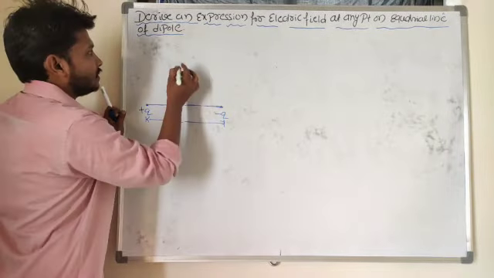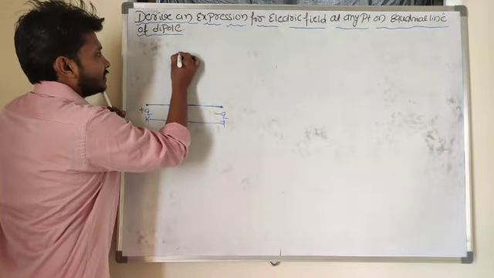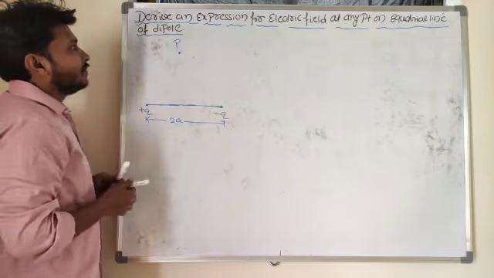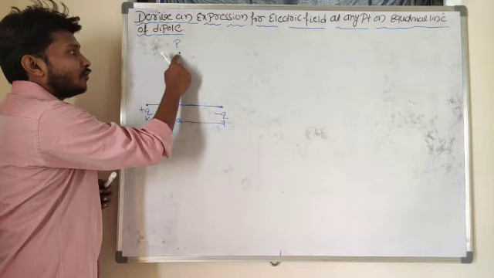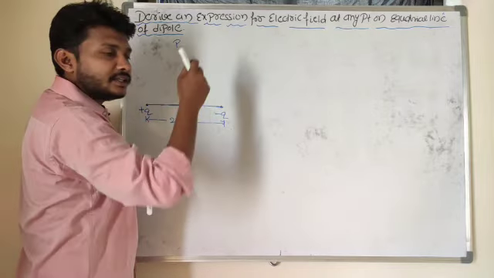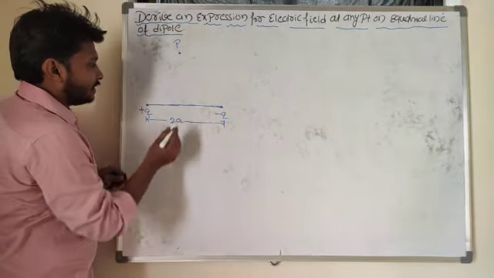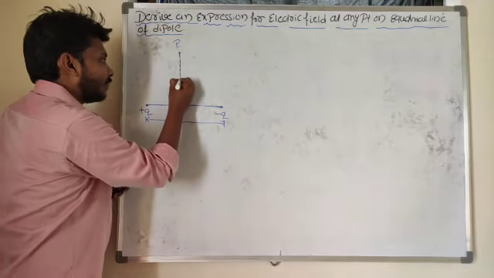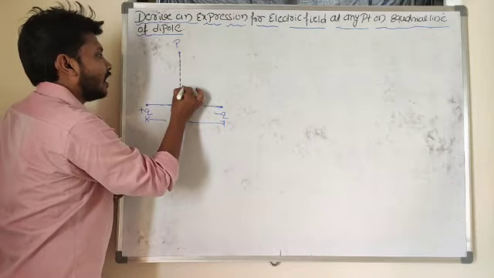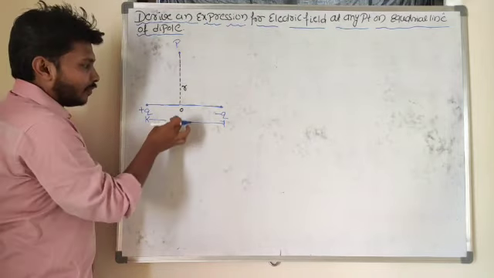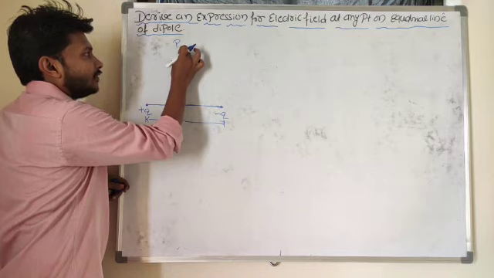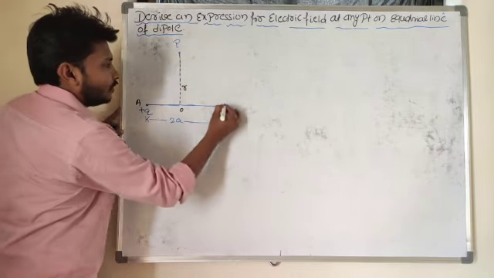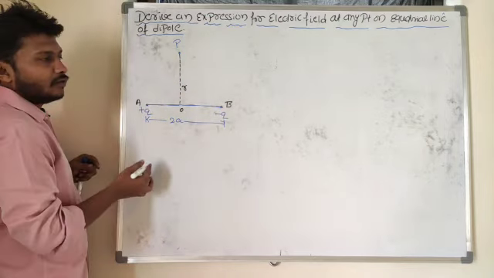So now I will choose that point on the equatorial line I said. Let P be a point of observation on the equatorial line. Now my interest is to calculate what will be the value of electric field at this point P. So for example, this point is at a distance of r from the center of the dipole. From the center of the dipole to the point of observation, what is the distance here? r distance. Then from the positive charge and from the negative charge, what will be the distance here?